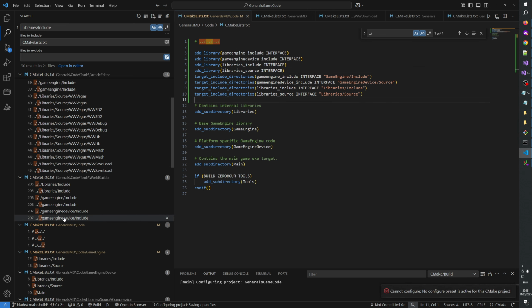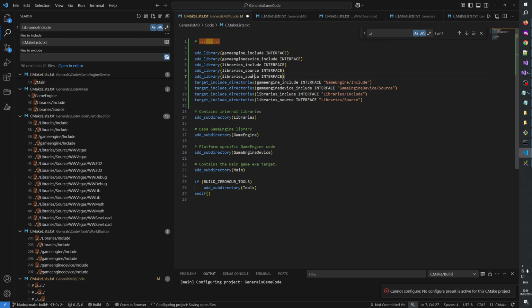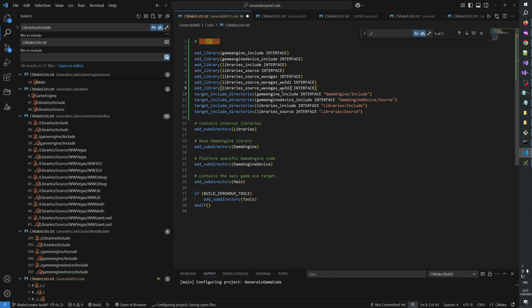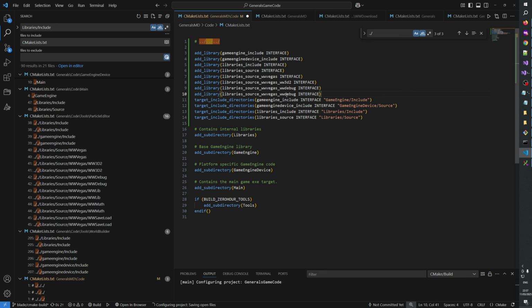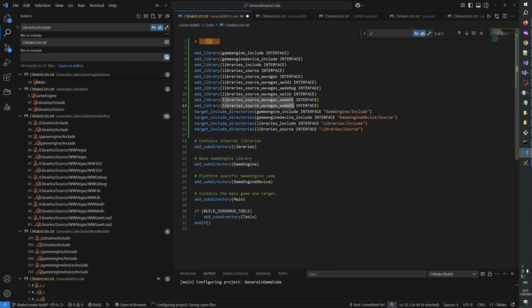What else? So here we have a bunch more stuff. Source. Library source. So we have library source, www Vegas. Then we have Vegas, www3d2, www debug, lib, math, save load. Good. Then